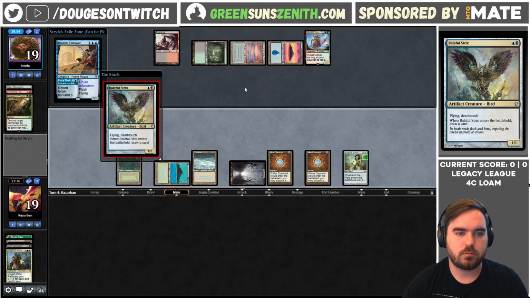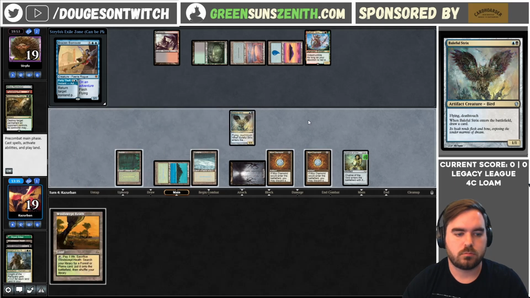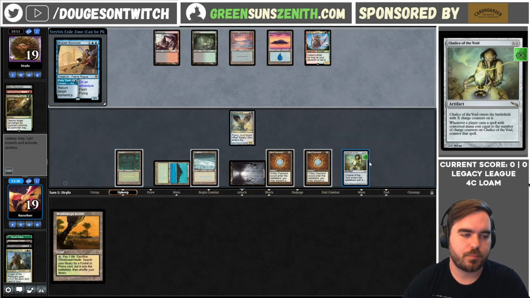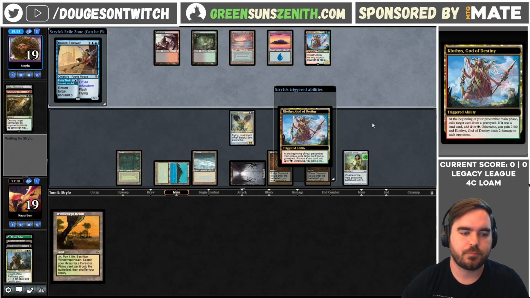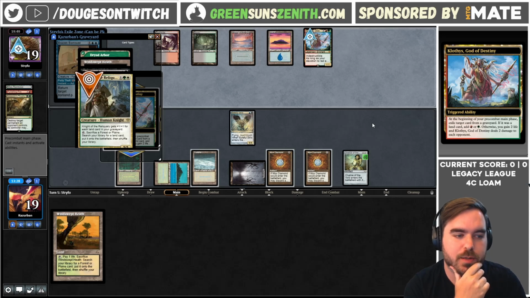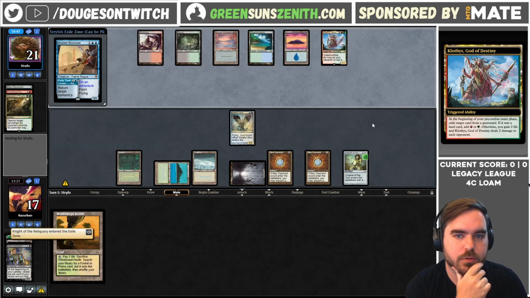Strix is a good start. I'm going to keep this. It might cause my opponent... I guess they can't have Thoughtseize anyway because of the Chalice, so... I could see this Cloth just going the length, so I think we'll take a few more draw steps and then see how this ends up, because if I can't